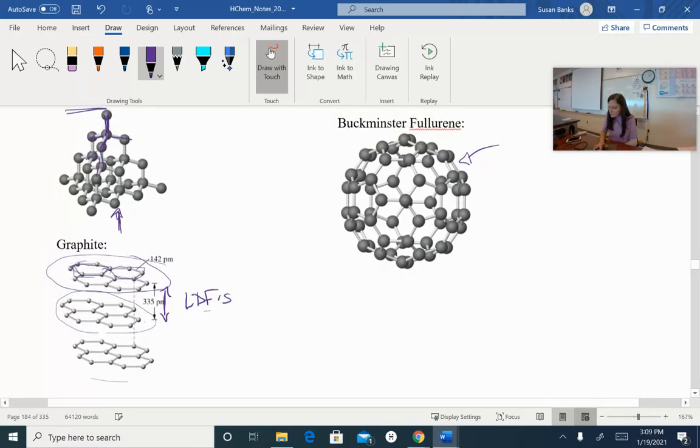Glass is also a very good example of network covalent. We have silicon and oxygen that creates this really big network covalent layer. Okay, so